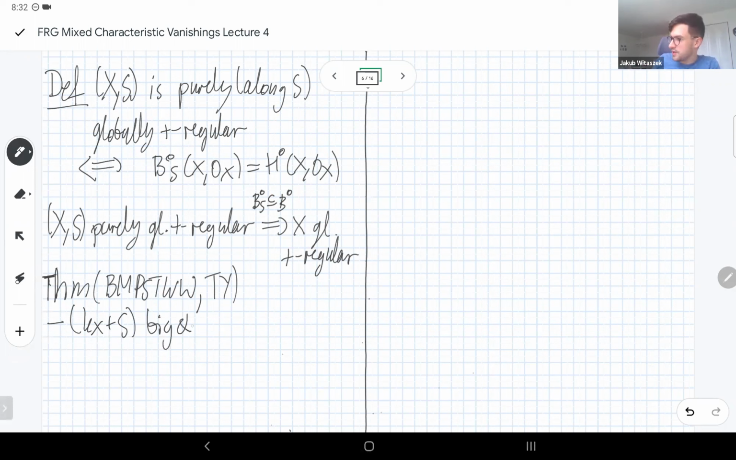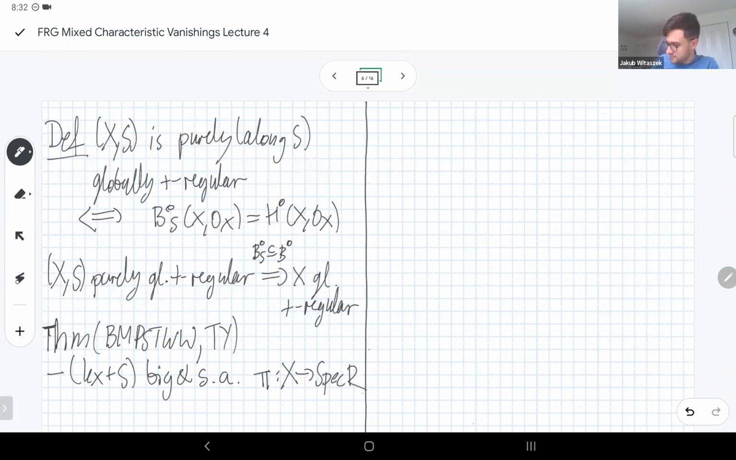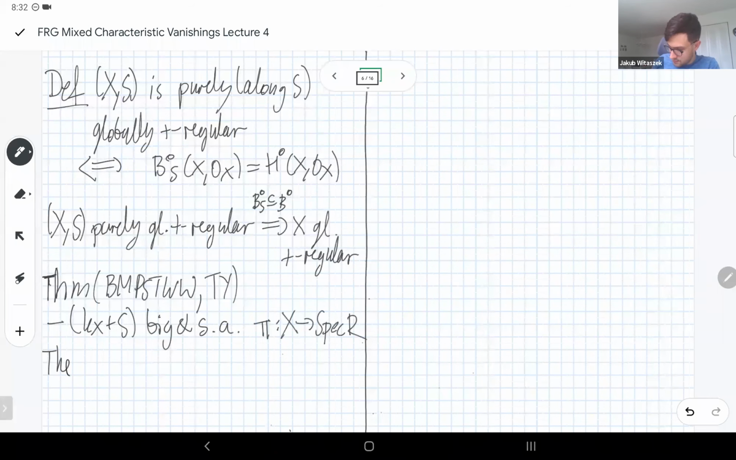let me also denote by pi the map from X to Spec of R, the base. Then (X, S) is purely globally plus regular, maybe over a neighborhood of pi of S, if and only if,